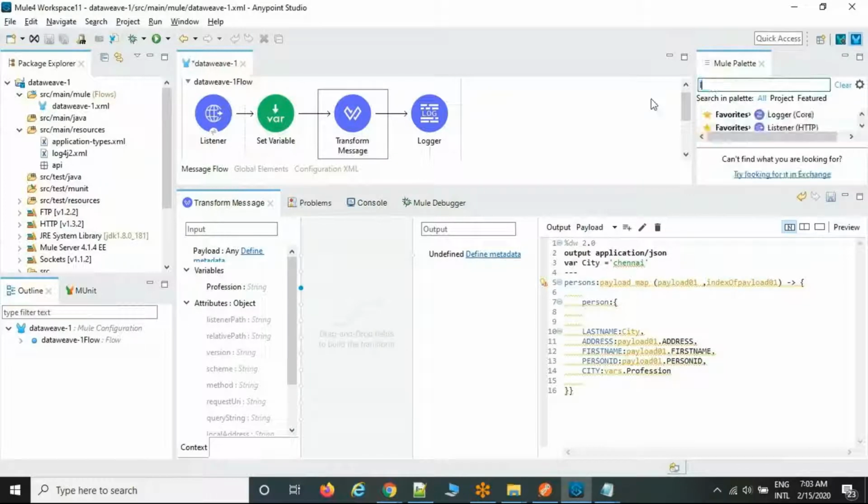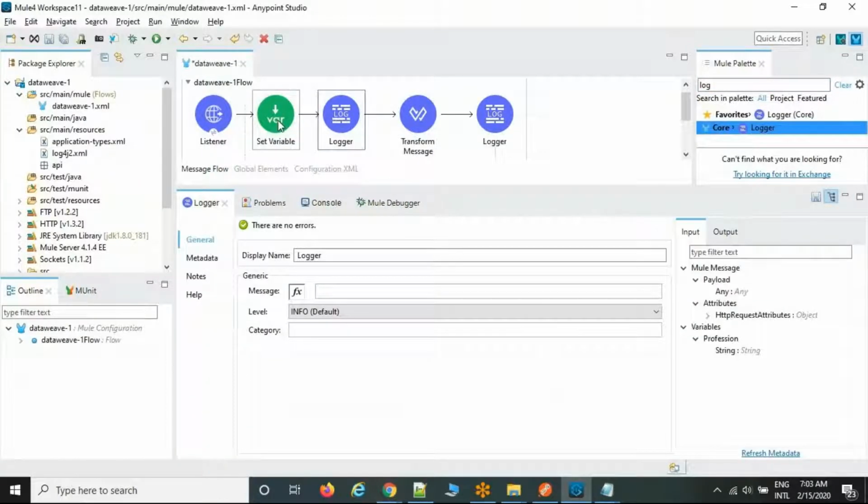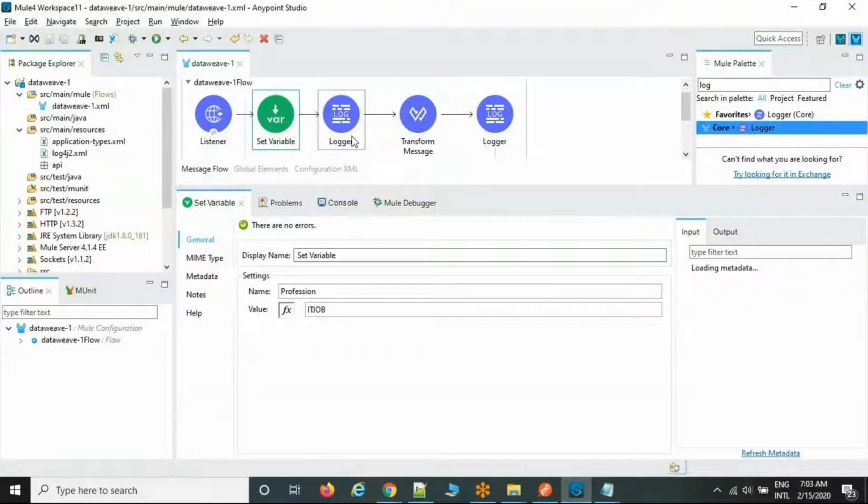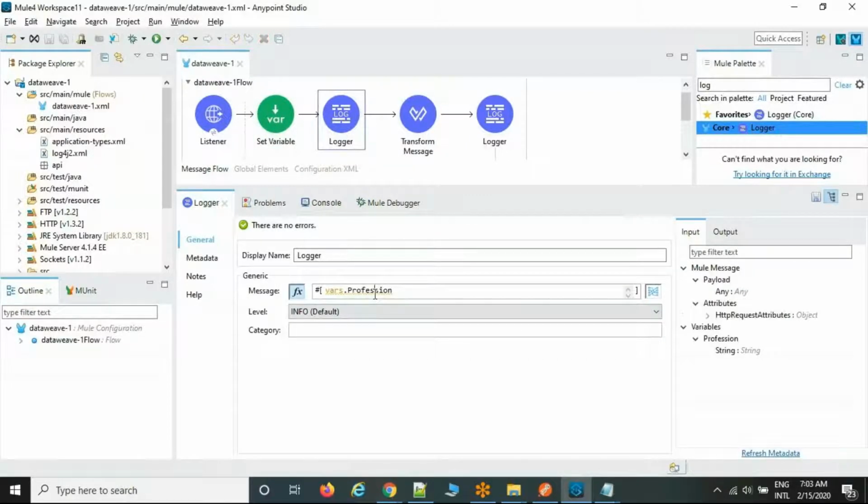Normally if you want to consume the variable data, you define it here, and as we discussed last week, in Mule expression language it is hash bracket vars.profession. So you define the variable, and to consume it within the hash bracket, the variable type is vars dot profession. This is the key. So what value is going to be displayed at runtime? IT job is going to be displayed.